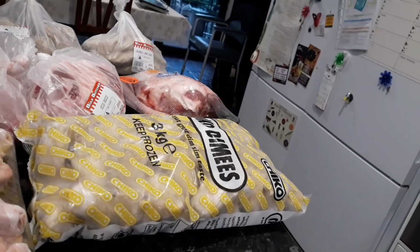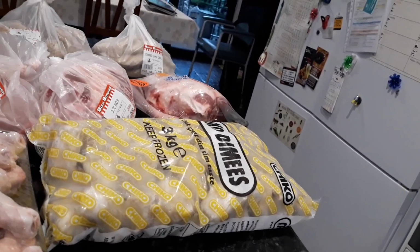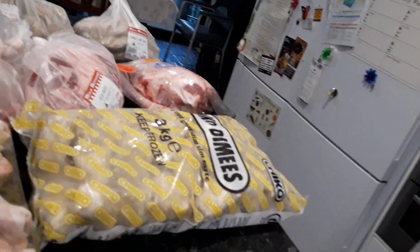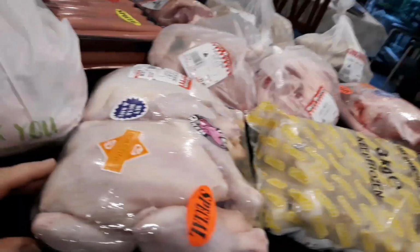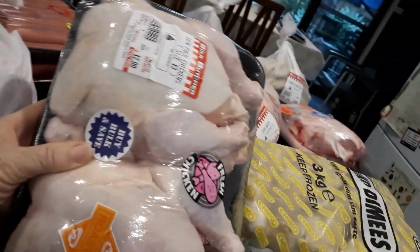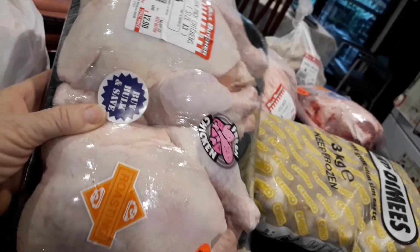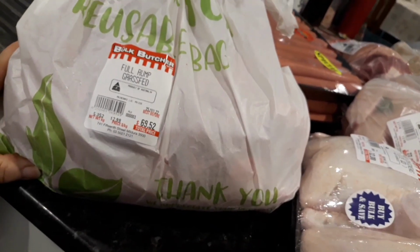Okay, so here we have 3 kilos of dim sims. I like to have a fry night occasionally, and dim sims is a major part of that. Then I have a twin pack of chicken. Now that was only $12, which I thought was pretty good. It's a size 13. Then there's a big bag,